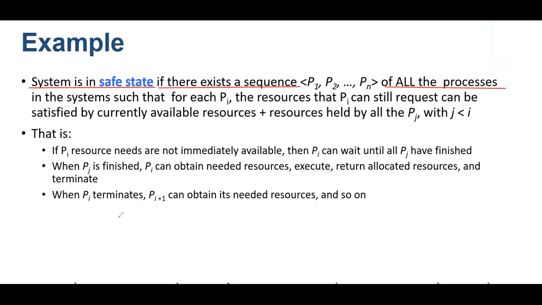Like for example, I have P1, I have P2, P3. This Pn means the number of processes. It can be P4, P5, and so on, but I will take just 3 of them. P3. Okay, in the system,